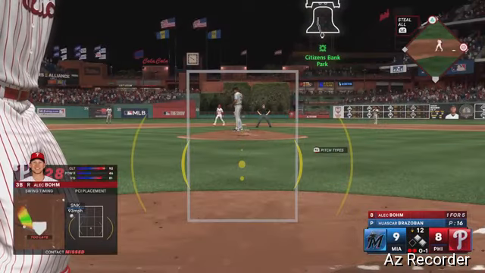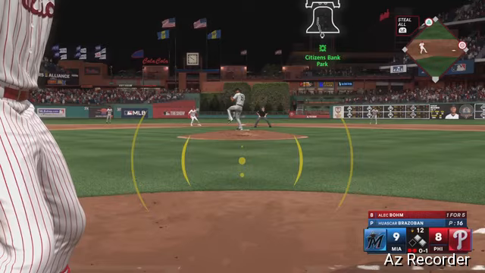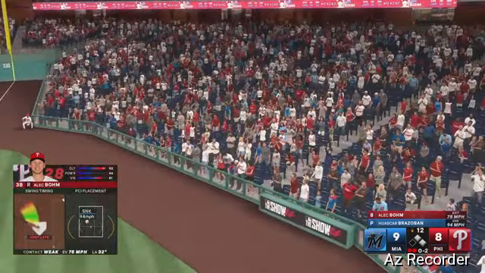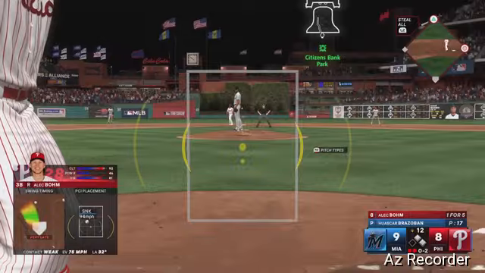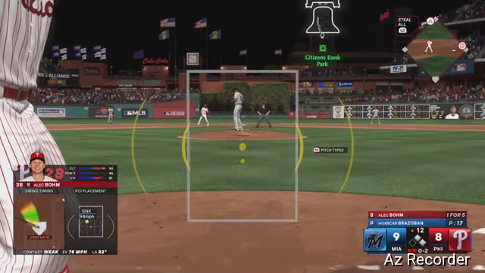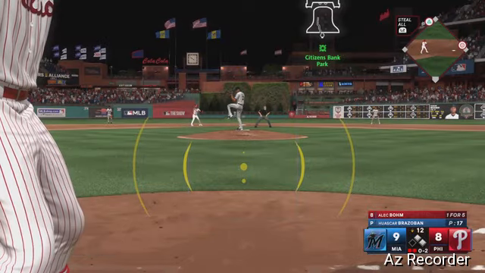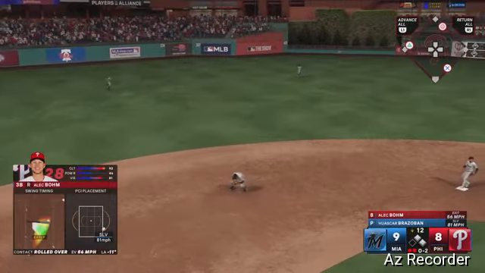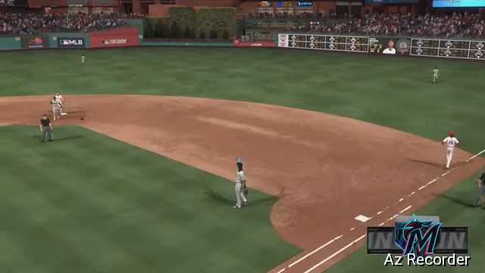Trying to close out a one-run lead. And the home team trying to pull it out. And fouled off. The Phils down to their final strike. On the ground to the left. Gordon. Throw to first is in time, and that'll do it. The Marlins